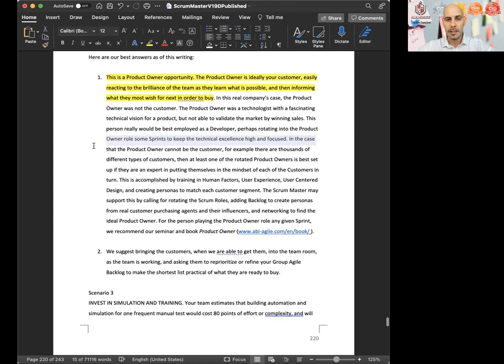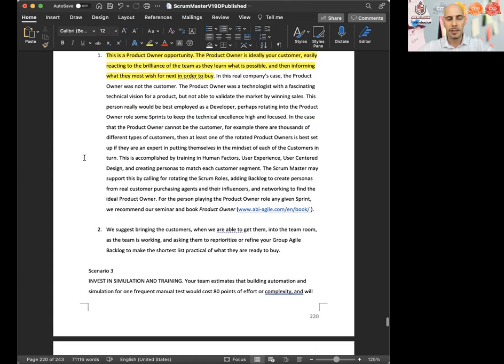The product owner was a technologist with a fascinating technical vision for the product, but not able to validate the market by winning sales. This person really would be best employed as a developer, perhaps rotating into the product owner role some sprints to keep the technical excellence high and focused. In the case that